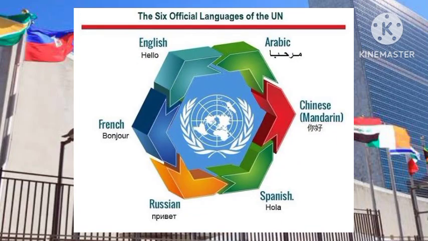According to the United Nations website, there are 6 official languages of the United Nations. These are Arabic, Chinese, English, French, Russian, and Spanish. The analysis of these languages shows that Arabic is of Asian origin, the Chinese language also of Asian origin,